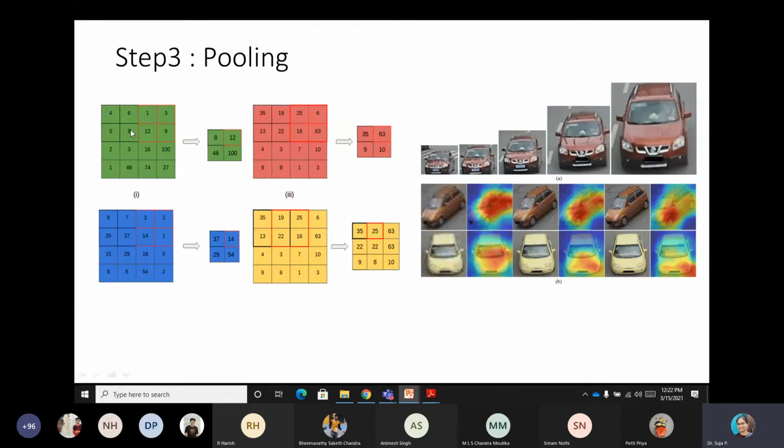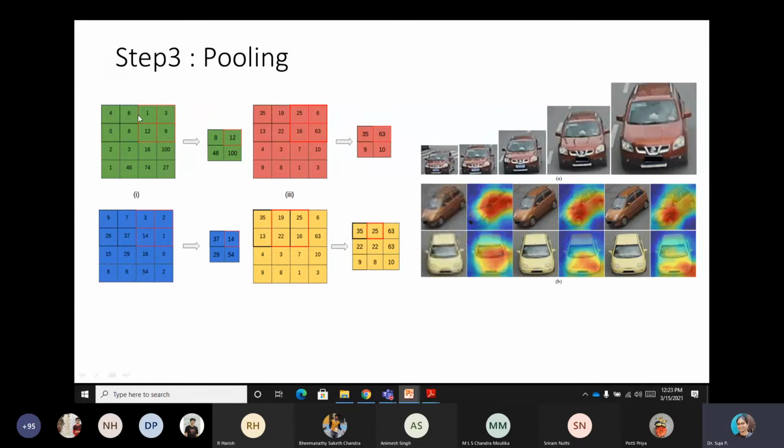I took a 5 cross 5 cross 3 filter and got 27 parameters from the image plus 1 bias. So the 27 parameters go into multiplication with the image, and I get a 4 cross 4 image like this.